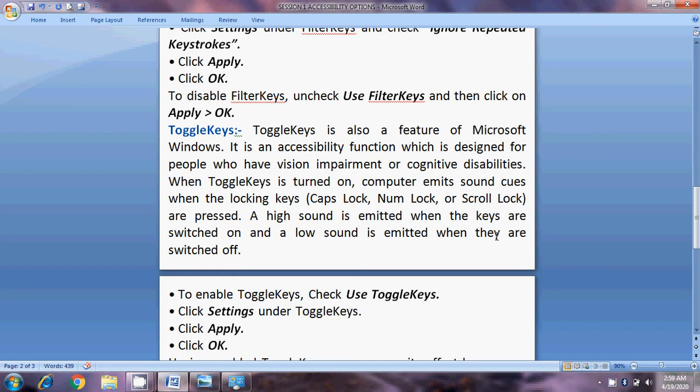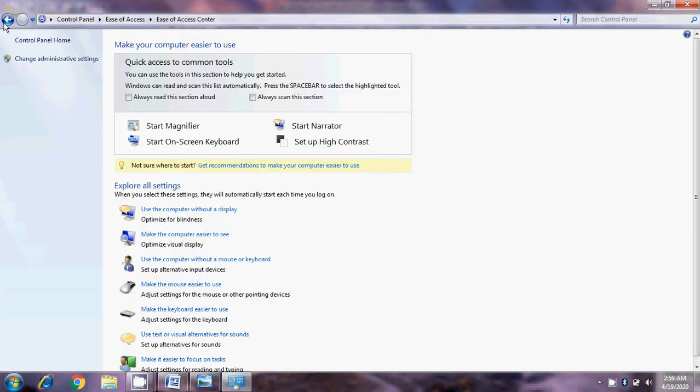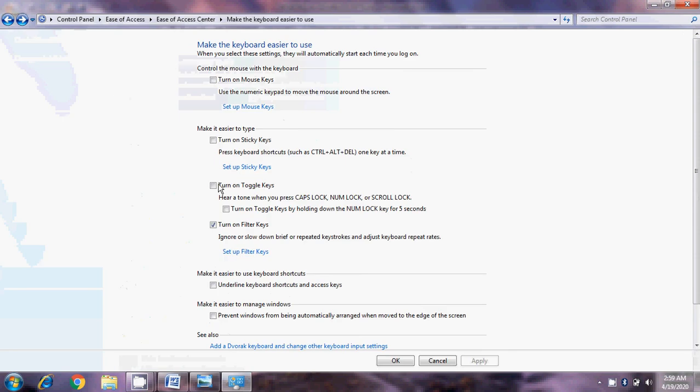Let's see how it works. Go to Control Panel, turn on toggle keys, then click on apply, then click on OK.